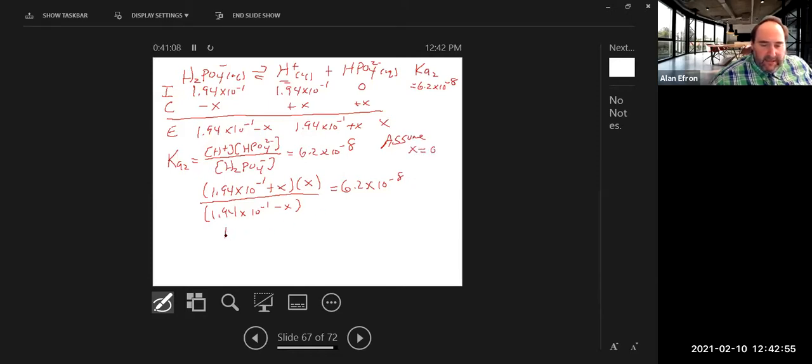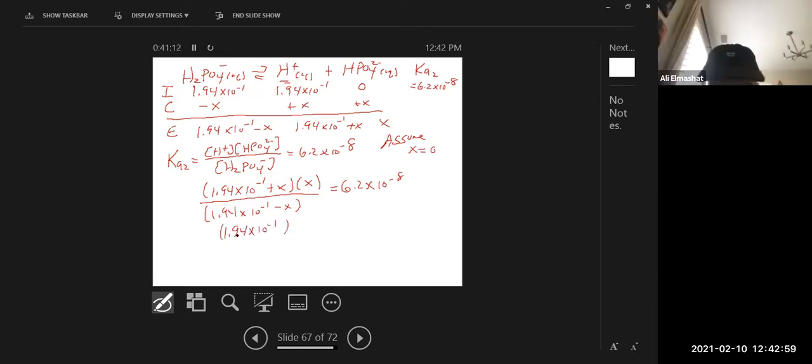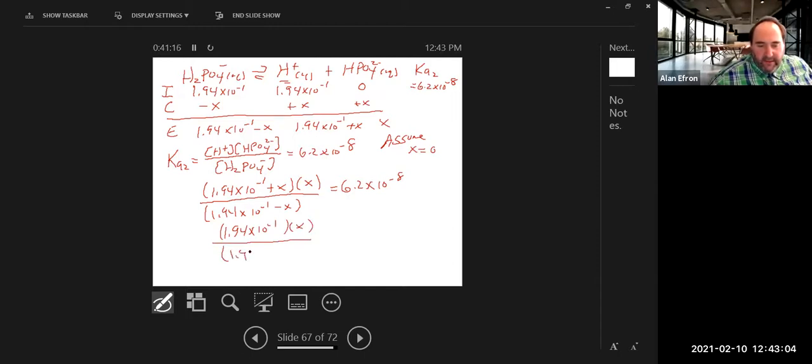That is going to give me 1.94 times 10 to the minus 1 times X divided by 1.94 times 10 to the minus 1 equals 6.2 times 10 to the minus 8. I think I can do this math. That is going to get rid of each other. And that's going to give us an X value of 6.2 times 10 to the minus 8